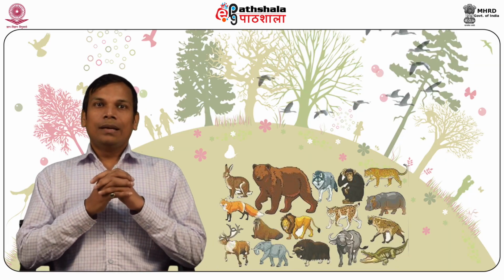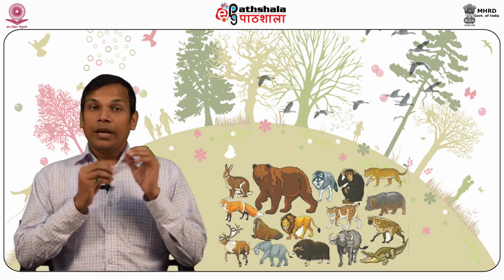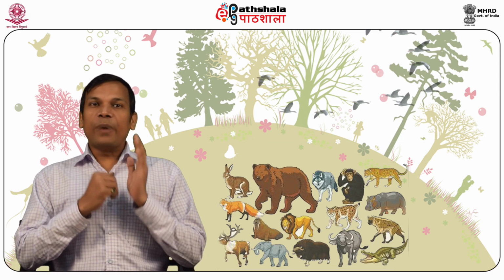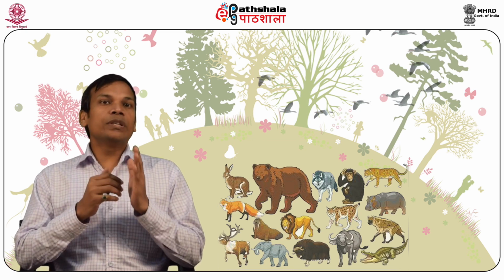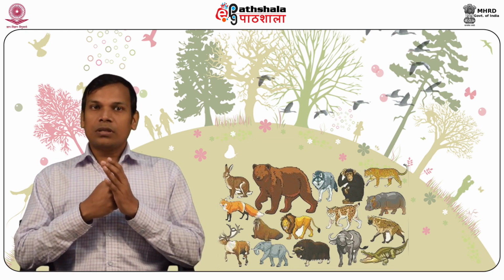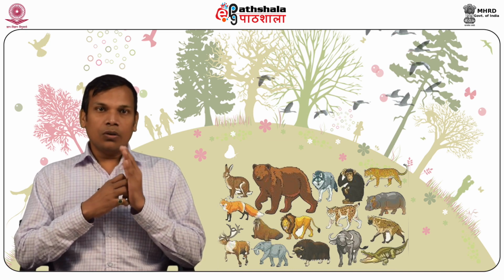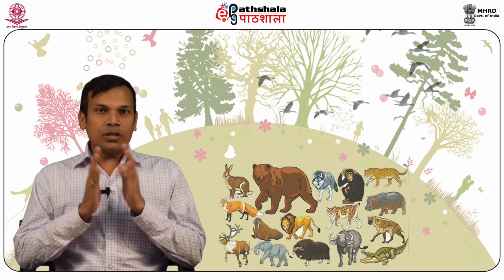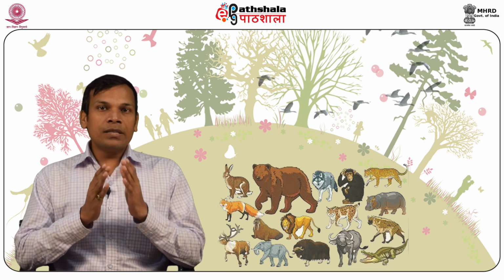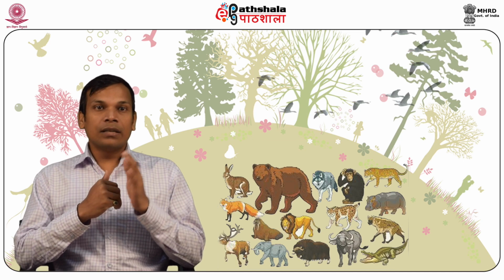So students, let us summarize what we have learned in this module. In an ecosystem, all biotic and abiotic components of the environment are connected through energy flow and nutrient cycle. An ecosystem can be natural or artificial, temporary or permanent, and large or small. An ecosystem progressively combines with the adjacent one through a transitional zone called an ecotone.